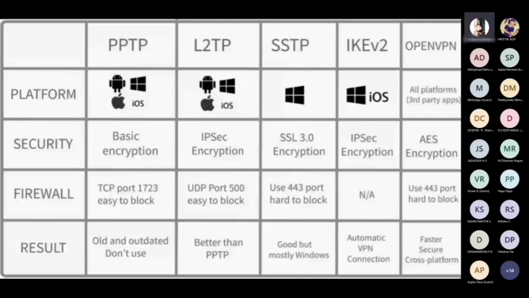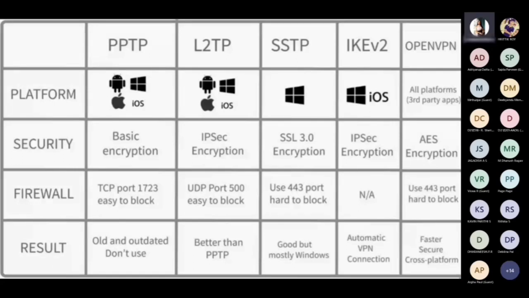Next comes SSTP, that is Secure Socket Tunneling Protocol, which supports mainly the Windows platform, and it uses SSL3 encryption. So it's highly secure. It uses port 443, which means it is hard to block by most firewalls. Overall, you can choose the SSTP protocol for your Windows computer, as the encryption is far better, and it can